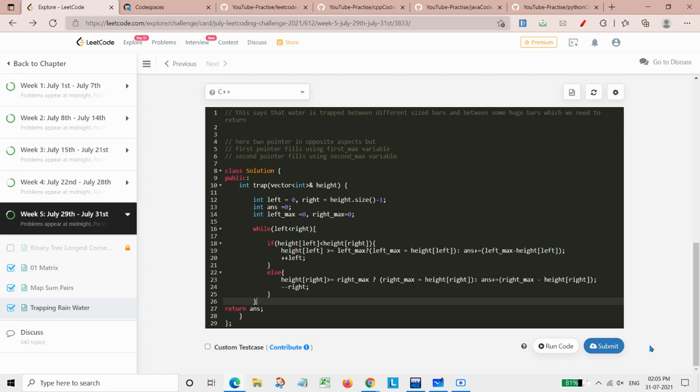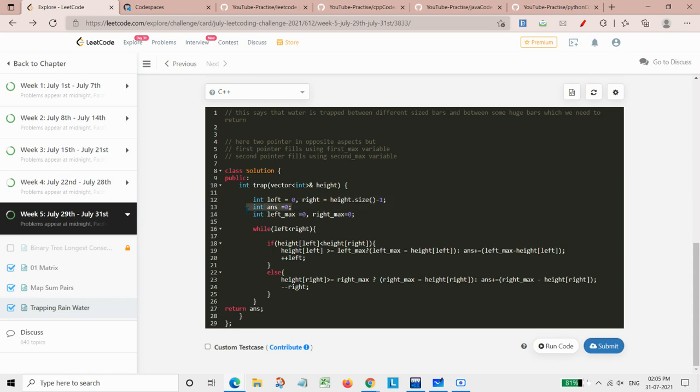So for that part, first in C++, how we need to do is, as we are maintaining two pointers, one is the left pointer which will be starting from 0, and another one is the right pointer which will be starting from height.size() minus 1, basically n minus 1, the size of this height array, minus 1 because we are starting from 0.